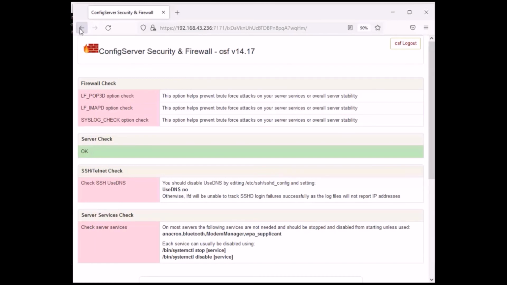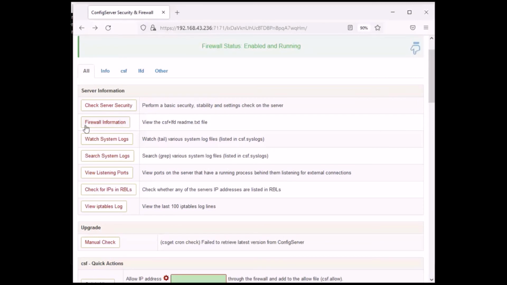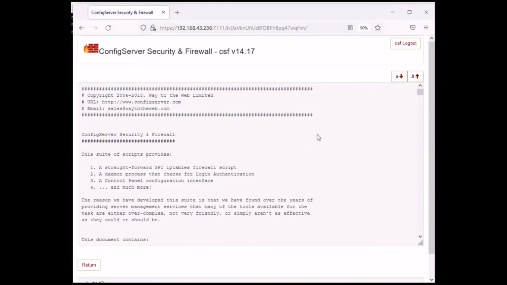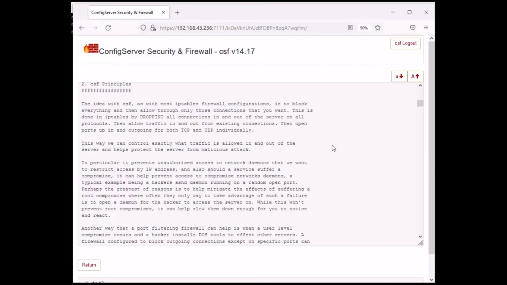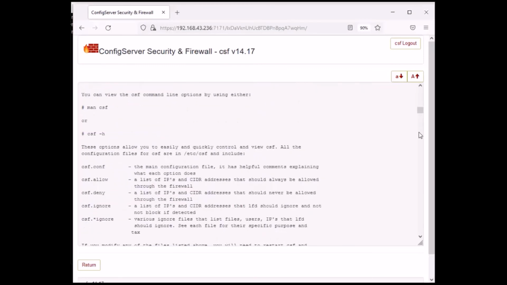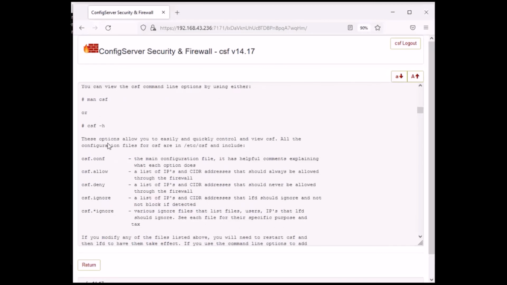Okay, firewall information. So what do we have here? We have quite a lot of different information here from the readme file, I guess. Different kinds of options. You can see what lists are,